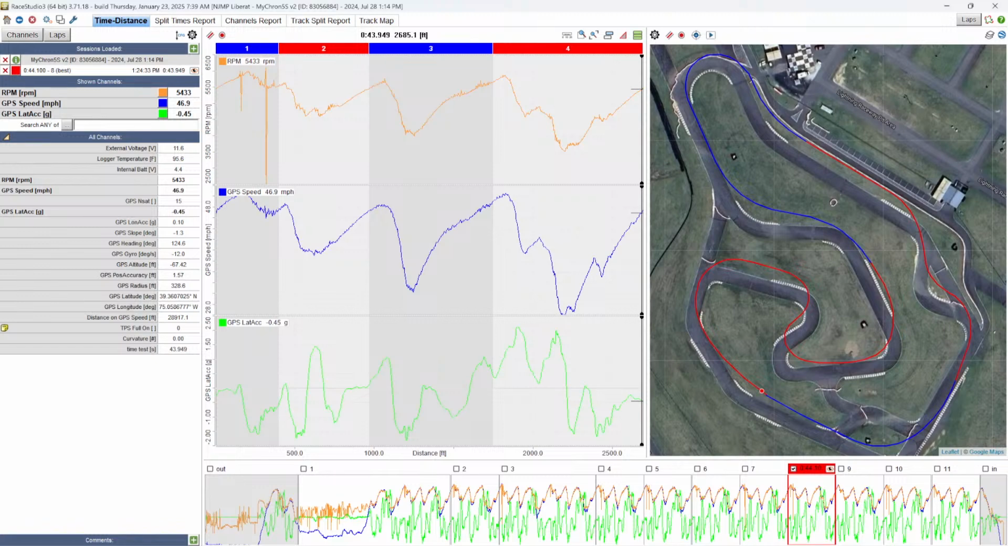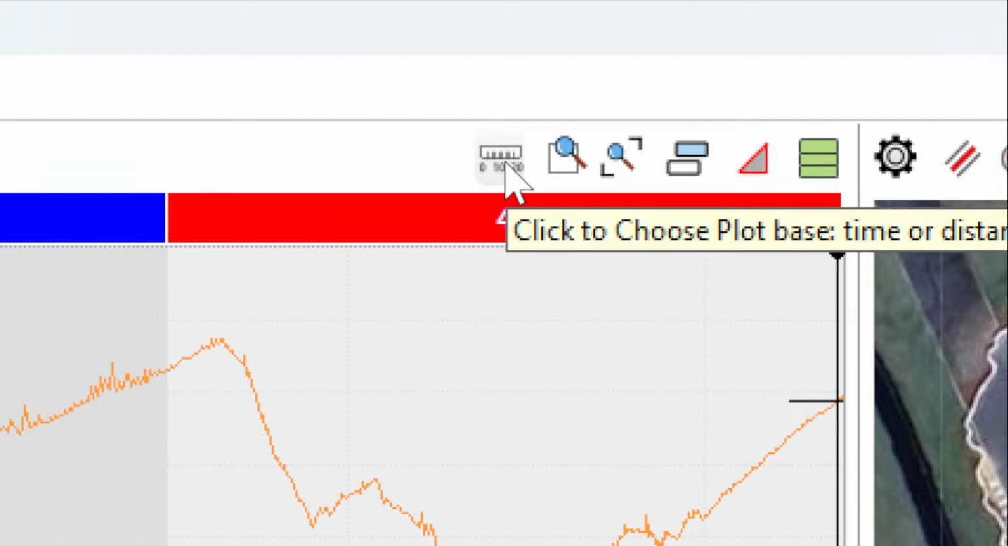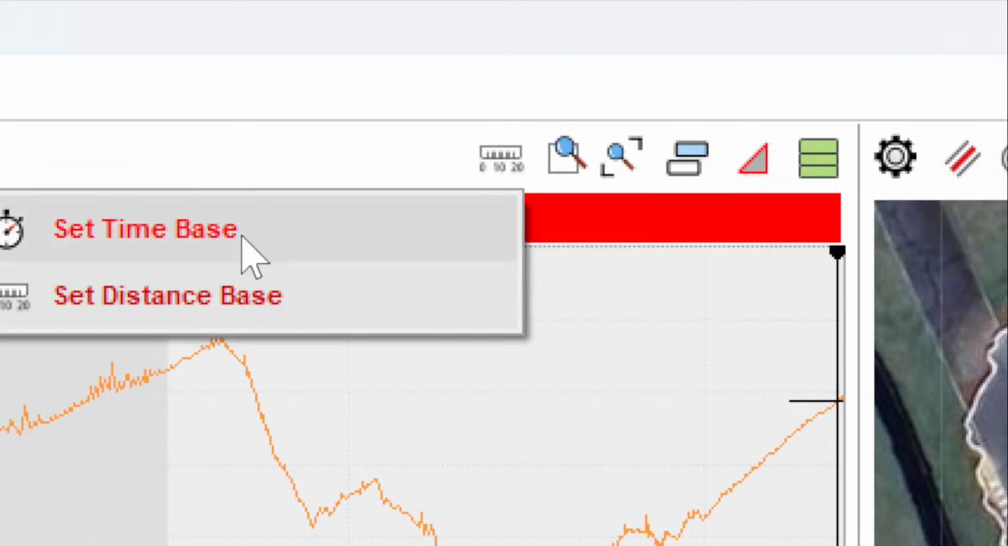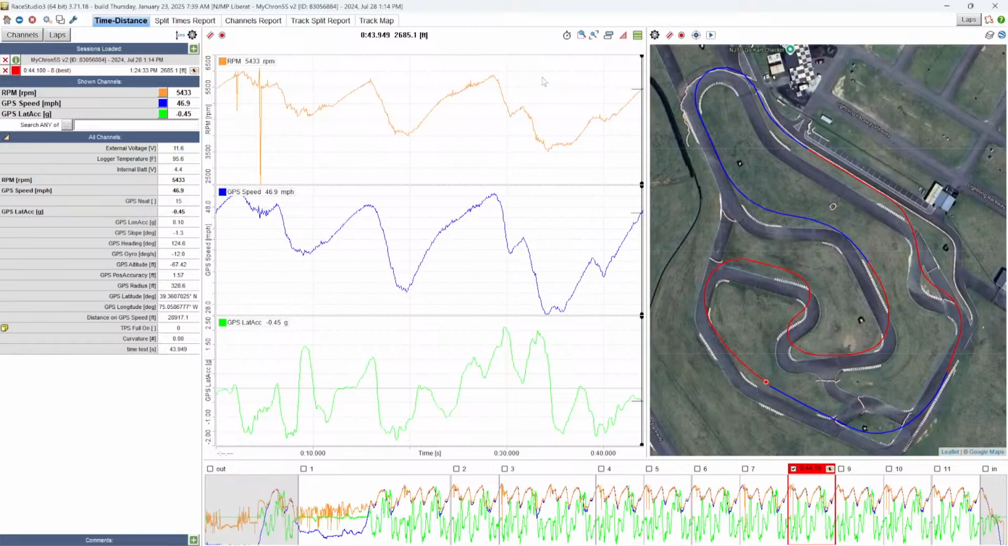You have to work backwards through the data a little bit. So what I would probably do is go back to time mode. And again, that's the button right up here. Right now it's a ruler because we're in distance, and if we click it, we can go to time base. And I would try to work your segments